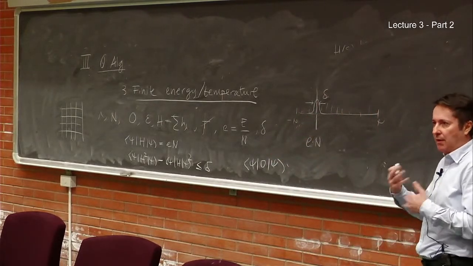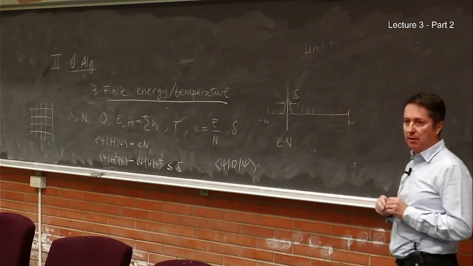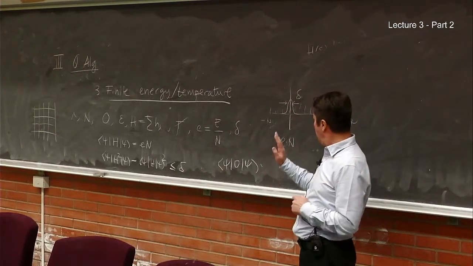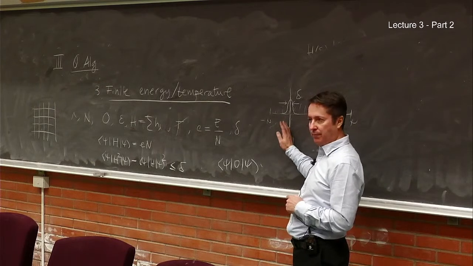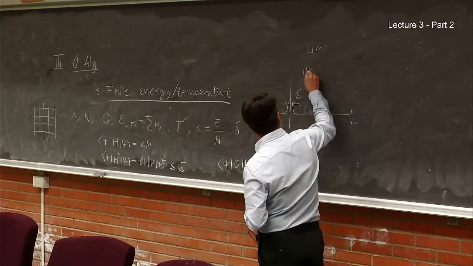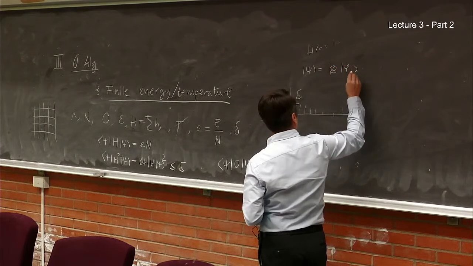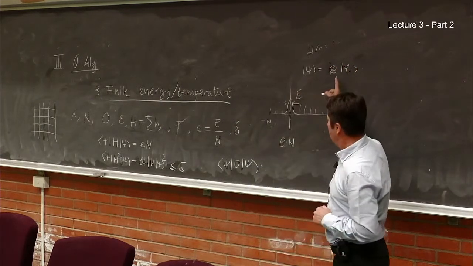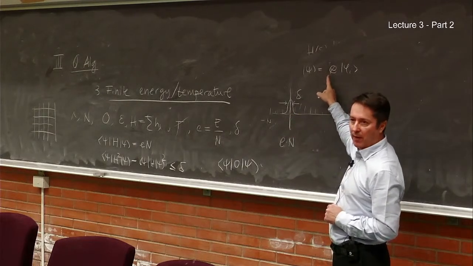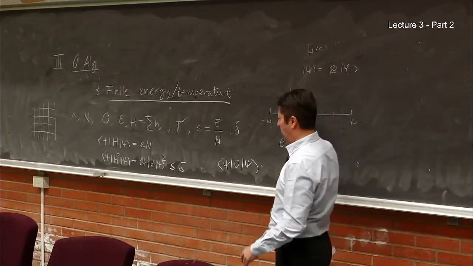But first, let's get a little bit of feeling of what this delta means. So imagine that I prepare a product state. Imagine that I'm able to prepare a product state at this energy, so that I have a product state psi equal to this product that I mentioned before, in such a way that the expectation value is the right one. So what is the variance of the product state? You can compute the variance, it's very simple. And I wanted to do it, but I don't have time to do it.